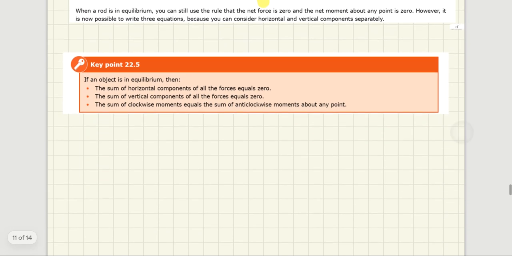So, these are the key points there. Sum of horizontal components of all the forces equals 0. The sum of all the vertical components of the forces equals 0. You've already done that in the past. But now we've got the sum of clockwise moments equals the sum of anti-clockwise moments. But we do have to consider how we calculate those moments. So,